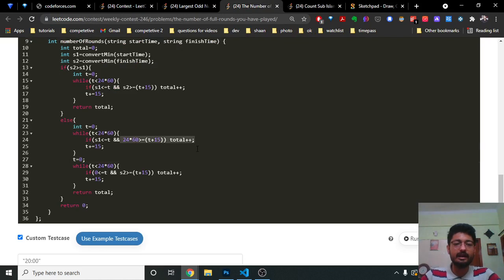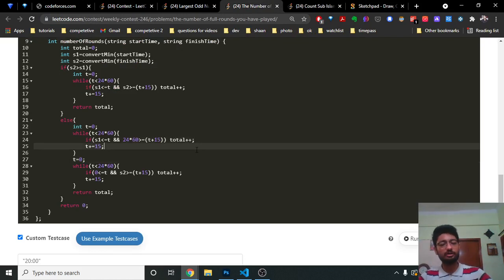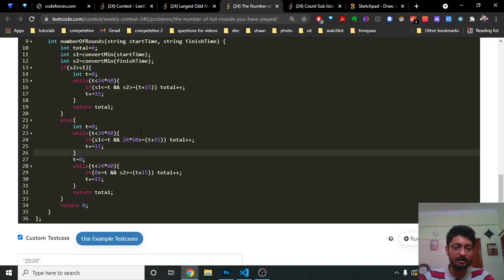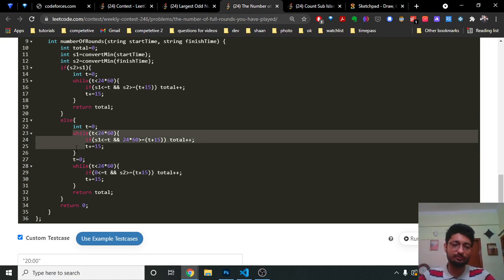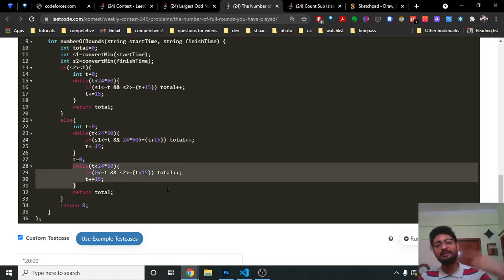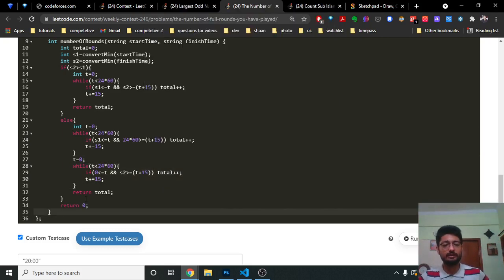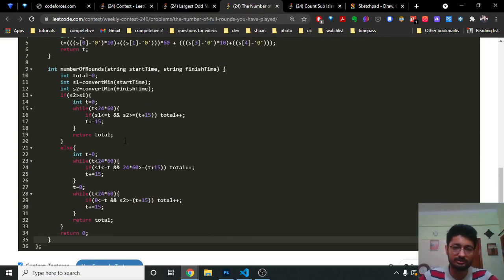We're going to check that. And then the next interval will be from 0 till the ending time, the S2. So S1 till the last minute of the day, and the next one is from 0 till S2. And we'll do this twice, this for loop and this for loop, and we'll just increment the total by how many games will be played in this match. I hope you get the point. So this is the whole code. You can see the code here.